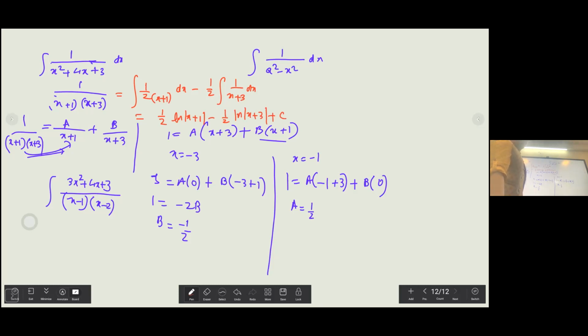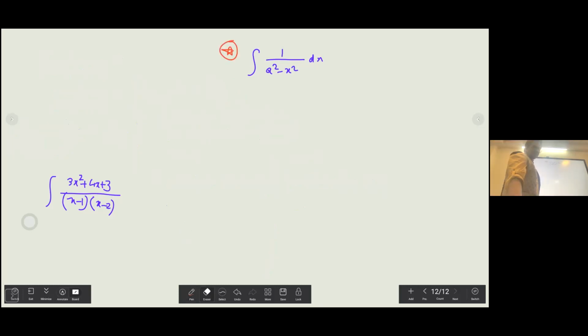You guys have to do the next one. Can we try doing that next question? If you didn't get it, please let me know. So the first thing here is to integrate this. Before that, you would write this down as a partial fraction. Integration of 1 upon (a square minus x square) can't be done directly. So you're going to take this as 1 upon (a minus x) and (a plus x) as factors. So take this as A upon (a minus x) plus B upon (a plus x).